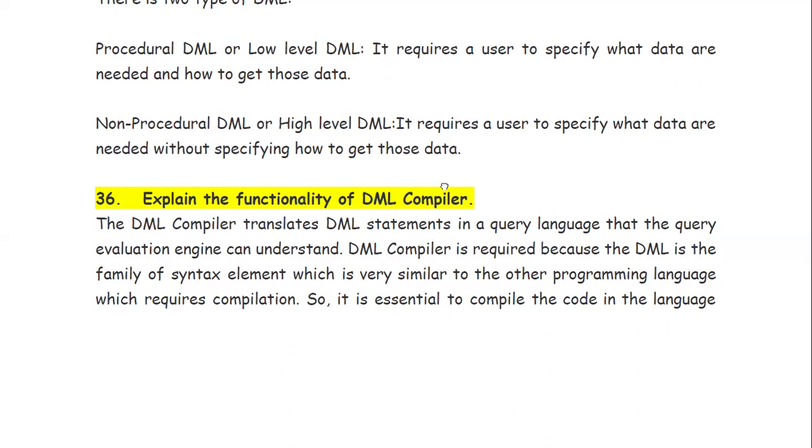Then, explain the functionality of the DML compiler. The DML compiler translates DML statements into a query language that the query evaluation engine can understand. It is required because DML is a family of syntax elements very similar to other programming languages that require compilation. Why do we do the compilation? Because that's to transform from the high-level language to the machine-level language, right? Here also,